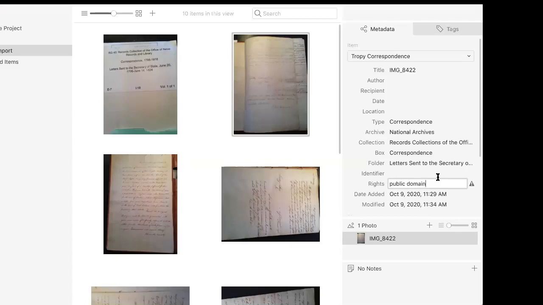It's a great idea if you're in the archives to take a photo of whatever form you signed about rights and usage, so that you have a record of that as well, of what you agreed to and what is and is not okay in terms of your usage of that material going forward. So we really recommend that you pay attention to that from day one, and it'll certainly help you down the